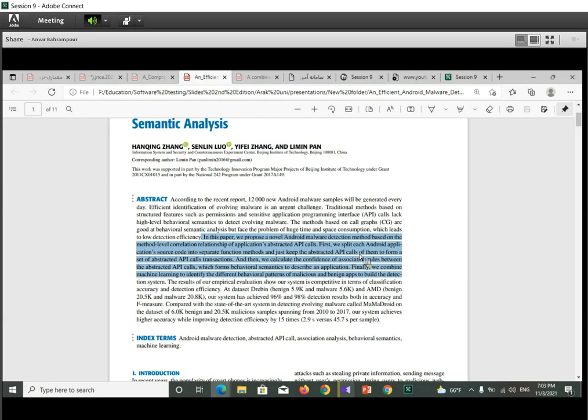So if you want to present this paper, you should give us some definitions or rules about API calls, or you should define the method level relationship, for example, what is the meaning of method level correlation.